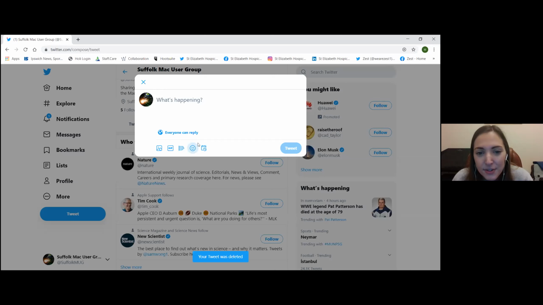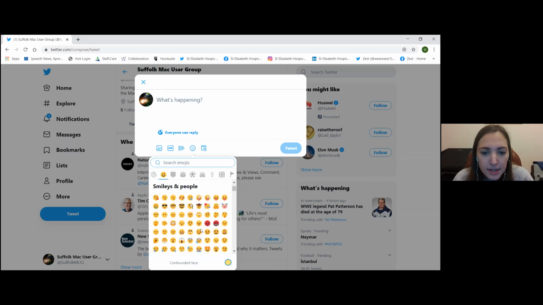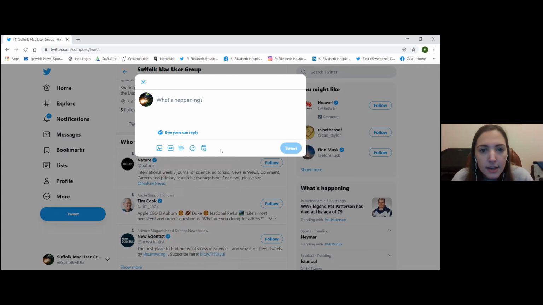This is just for emojis. So obviously this is a bit easier if you're on mobile, because you can just add emojis anyway, but you can add them on desktop here. And then this button is scheduling, which I'll go on to a bit later as well when I talk about tips and tricks. As you can see, if we just do hello to Twitter,